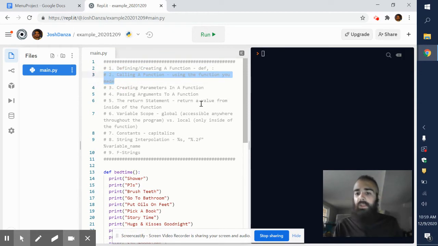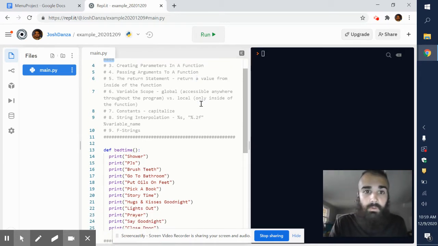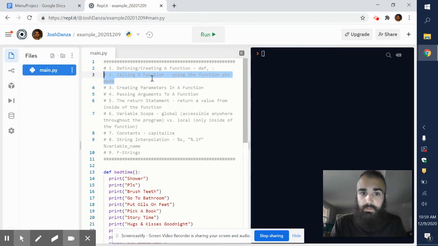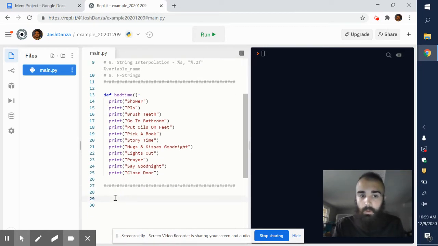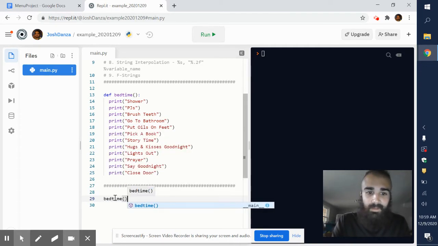Imagine I'm calling out and saying, all right, girls, it's bedtime, right? Let's say they're downstairs. So, all right, it's bedtime. And they go running up the steps, right? So that's actually calling the function. Like I said, another name for a procedure is a function, right? So we're going to use the function that we made. And the way that I call that procedure, imagine that I'm calling out, right? Open and close, see the open and close parentheses, right? So if I'm going through there and I say bedtime,